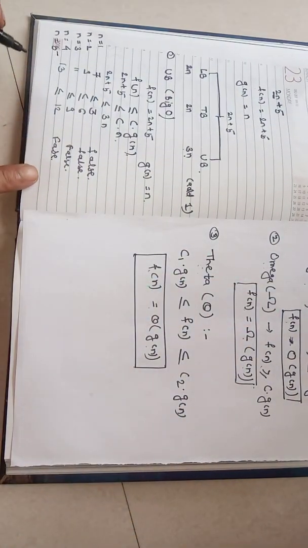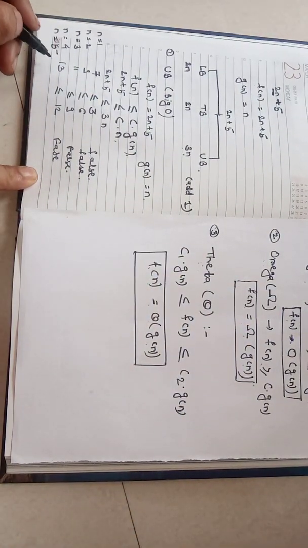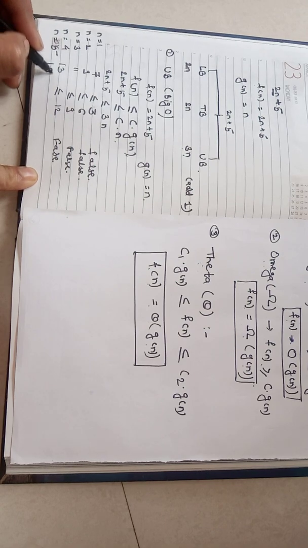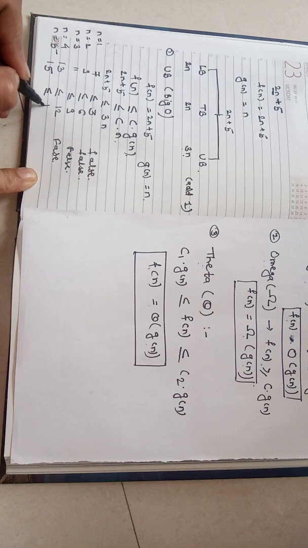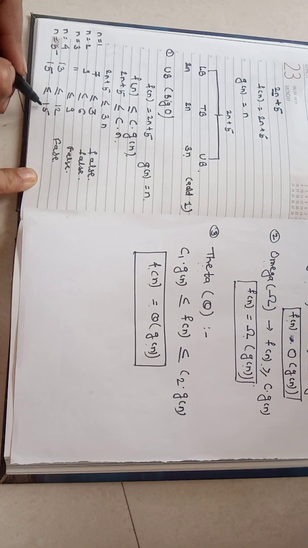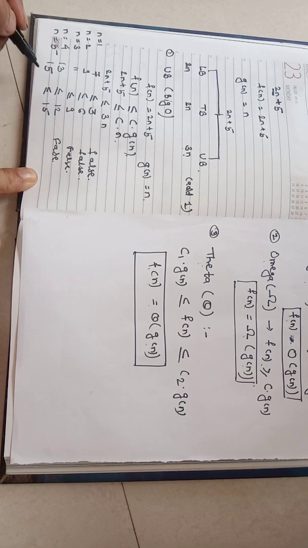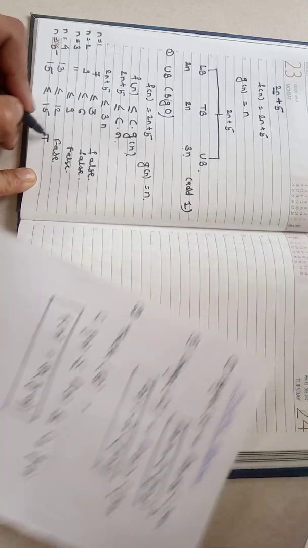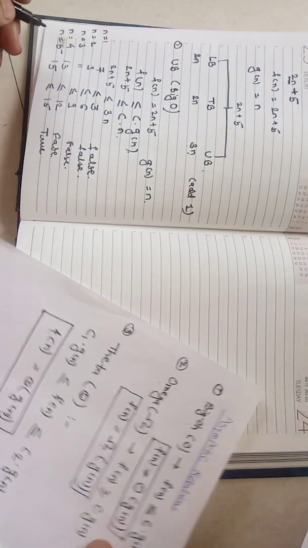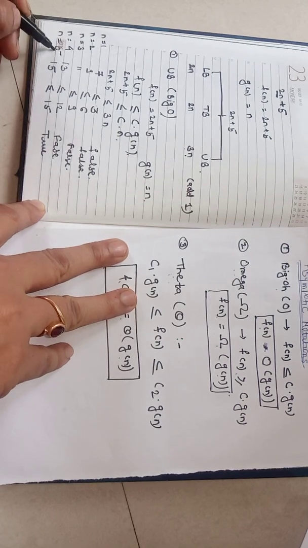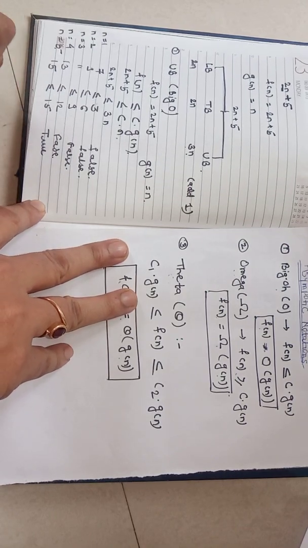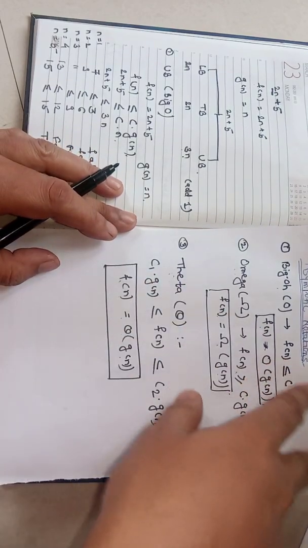Fine. So after putting n equals 5 in the equation, we will get here 15. And here 3n, we will get 5 times 3, that is 15. So at least one condition is true here, that is 15 is equal to 15. It is not less than, but after putting n equals 6, we will get true values again. Fine. That's why for n greater than or equal to 5, the condition becomes true.